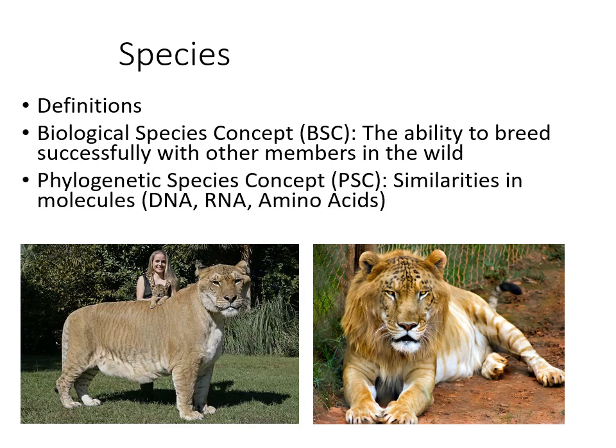A more universal concept is the phylogenetic species concept, which mostly looks at molecular evidence such as DNA, RNA, amino acids, or proteins. And so we can define species based on their similarity or differences in DNA, usually is what we use. And this is more universal because there are organisms that do not sexually reproduce, like bacteria. So bacteria don't apply to the biological species concept. So we've got to use some other marker to determine different species of bacteria.